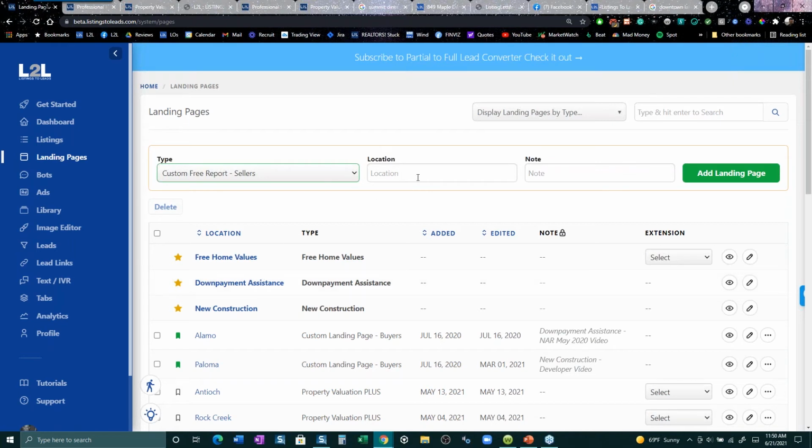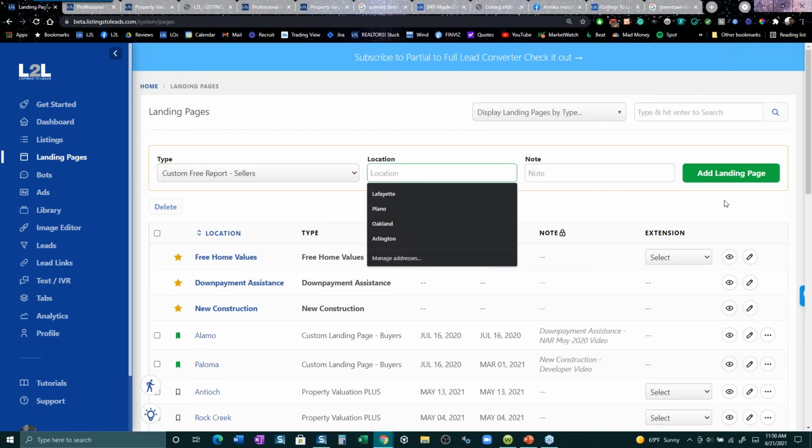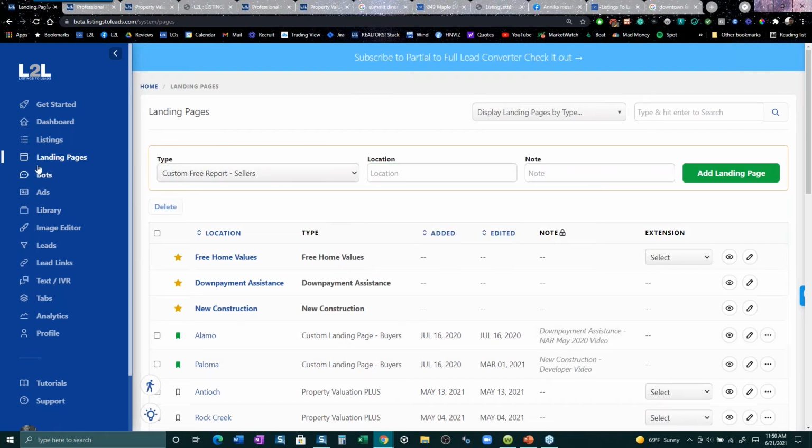Well, you would go here, you type in the location of where it is, and then when you add it, you can customize the whole page, all the words or whatever, and you can upload the report so that when people fill out the form on that page, you're going to get contact information, right? So definitely I am a fan of doing that, right? So let's go over here, and speaking of reports,